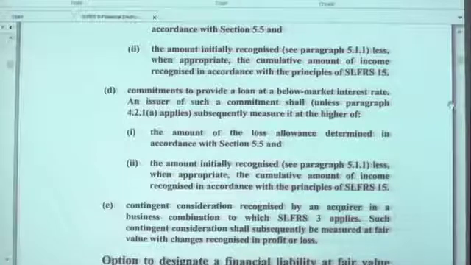The contingent consideration, according to SLFRS 3, shall be measured at fair value through P&L. Why? Contingent consideration also on the issuer side. The issuer, those who sell shares, will receive the contingent consideration, but it is not satisfying SPPI. Why? SPPI means solely payment of principal and interest. With contingent consideration, you don't know whether you will receive at least the principal. It's contingent, depending on uncertain events. Therefore, the investor definitely will measure at fair value through P&L. The liability holder also measures at fair value through P&L, right?